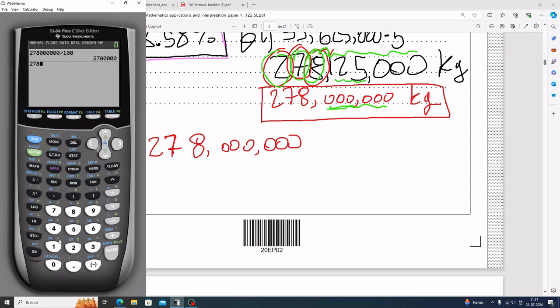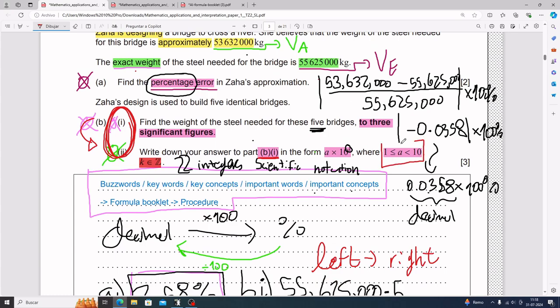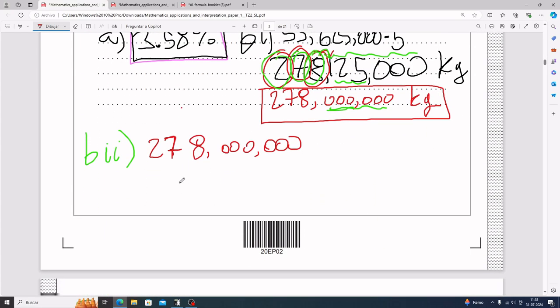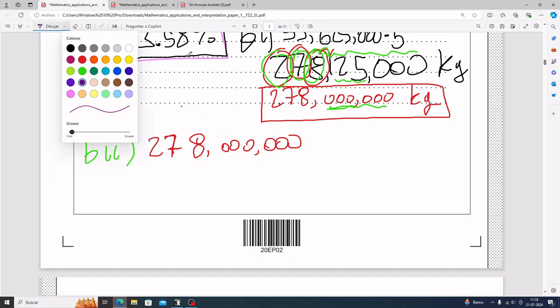Now, take a moment and think about it. How can you also express 100? You can express 100 as 10 squared. Oh, that's interesting. That's very interesting. And so if you keep going like this, eventually, you can try to reach a number that is between 1 and 10. Now, which number is between 1 and 10 here? Is it 78? No. Is it 27? Neither. But you can identify, and this is huge, this is a big first step,